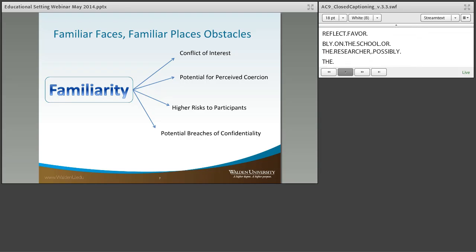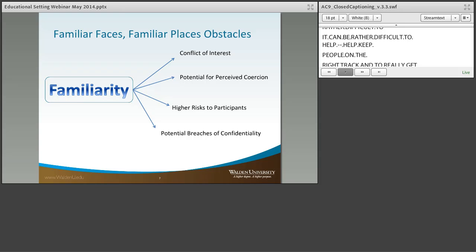And sometimes it can be used as a platform for some people to really try to promote their own viewpoints or their own predetermined opinions rather than focusing on what the topic and what the research is. And because of that familiarity, it can be rather difficult to help keep people on the right track and to really get unbiased opinions and unbiased information.